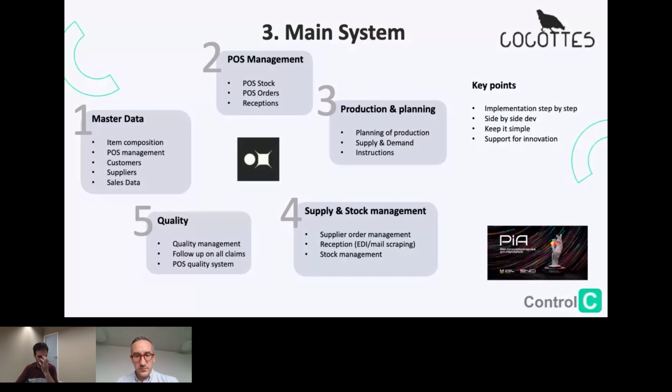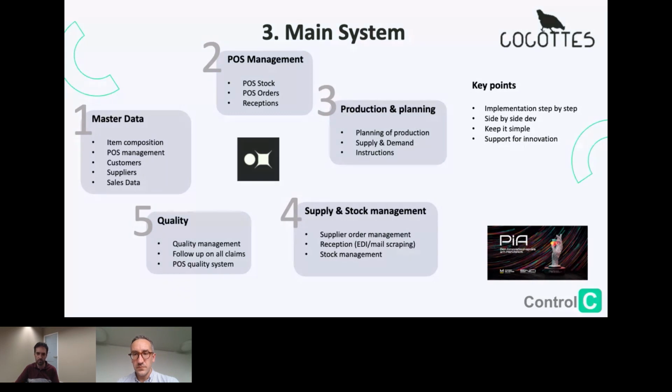So what is important to understand in this overall project is that it's a step-by-step approach. It won't be possible to do that in one step. You really take time, and it's a very iterative process. You always need to keep it very simple as much as possible. What we do, as I said in the introduction, is a side-by-side dev. So we really go there on site, talk with the cook, talk with the guy at the reception, to try to